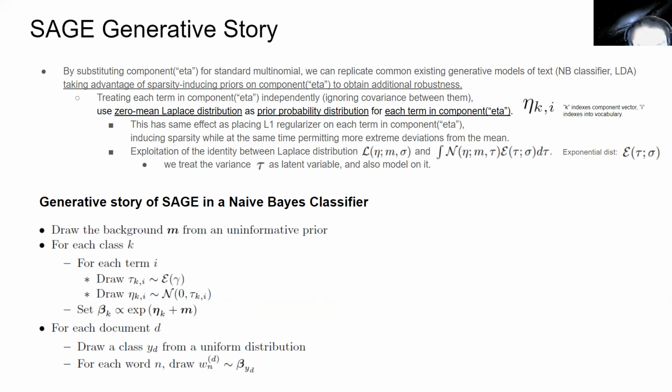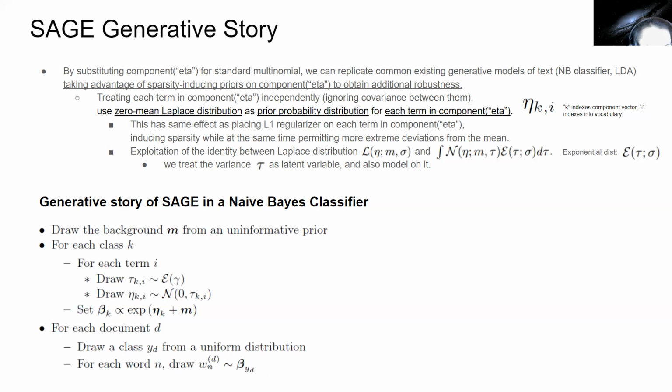As I said before, the normal distribution mean should be set as 0 to account for sparsity. Then based on that facet, which here is the class, we take the drawn vector of weights for class k and add it to the background log frequency, which is m here. Since these are log values, we exponentiate, which gives a nice weight, expressed as beta, the word distribution for that class k.